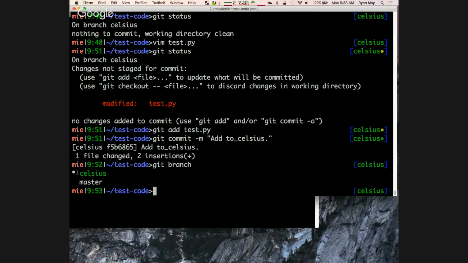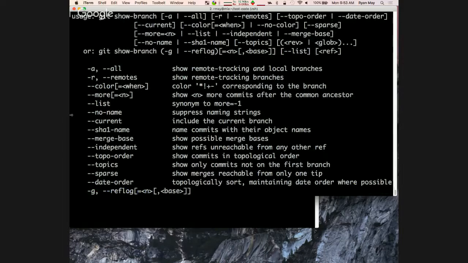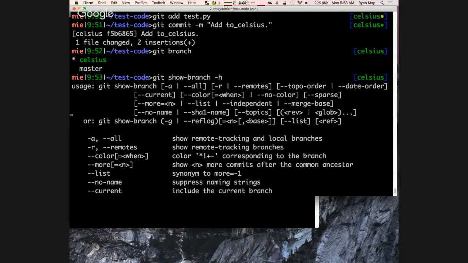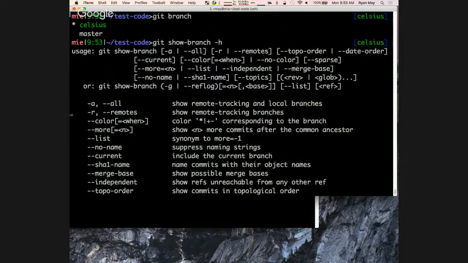What's show-branch? I haven't used that one. Let's see, git show-branch -h. I'm just trying to see.